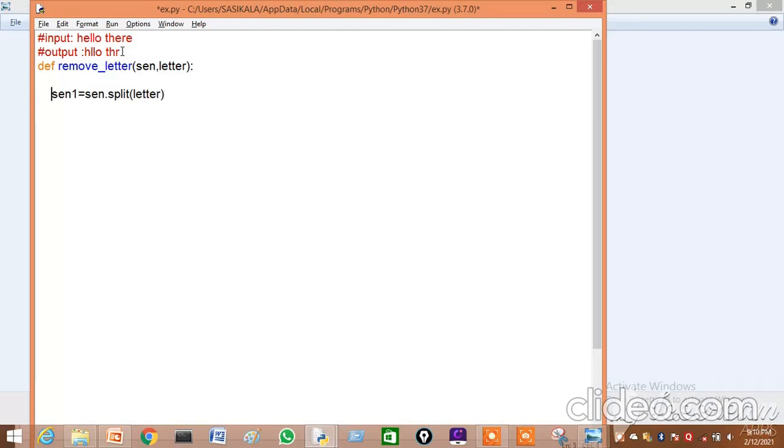I will give you an example. Send1 is equal to, in quotes, "hello there". Okay, so by means of which letter am I going to split? E. Split is E. By using the letter E, I am going to split the sentence. Print of